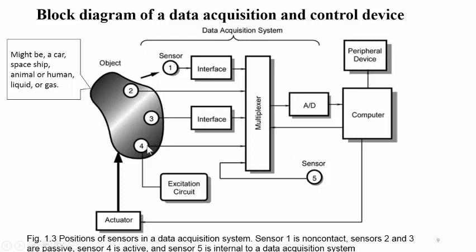One more sensor, the fifth sensor, is directly connected. So this is the generalized diagram of the data acquisition system. That's why what kind of sensor 1, 2, 3 is, or the working principle and the application, is not given. So this is the simple data acquisition system where we are discussing the interfacing of the sensors and the different blocks available in it.